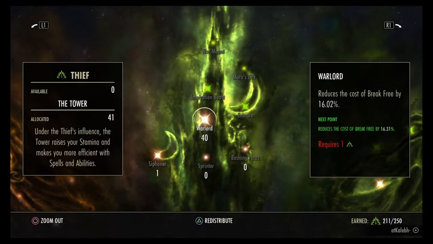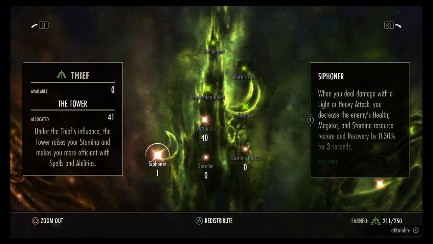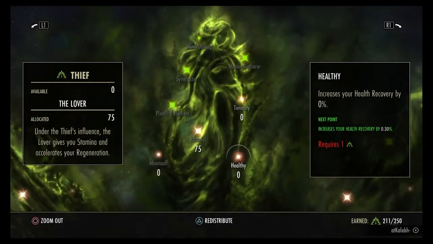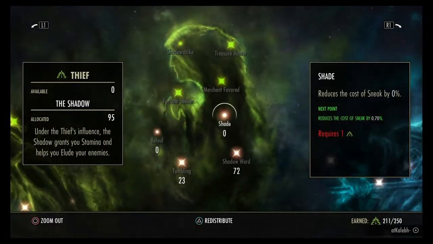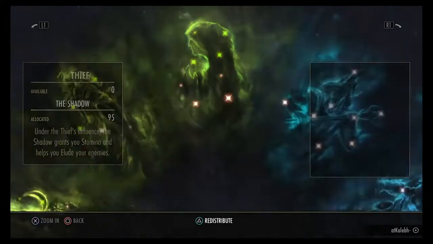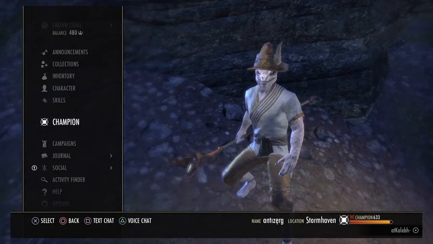We went 40 in Warlord. I just put 1 in Siphoner just because we're going to use a little bit of light and heavy attacks. So just, 1, 3, whatever you think, put them in there. 40 in Warlord, 75 Arcanist, 23 Tumbling, 72 Shadow Ward, and do not forget, I'm sorry I didn't mention this,